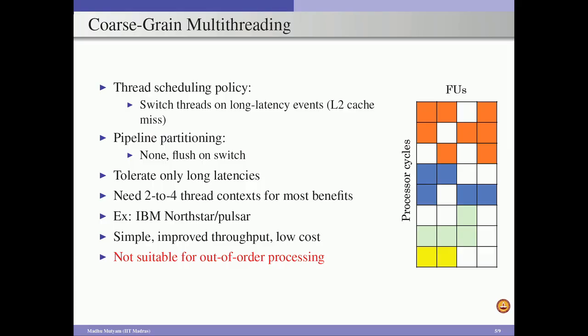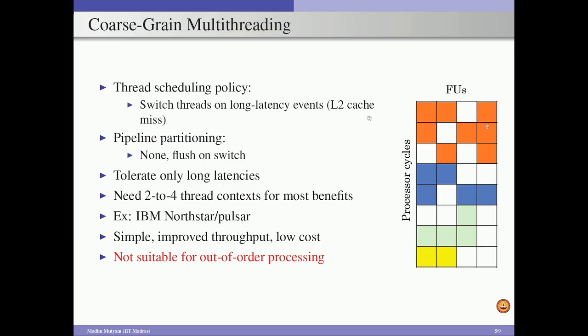So, in order to reap most of the benefits, we have to consider 2 to 4 thread contexts in our coarse grain multi-threading design. In this particular example, we are considering a 4 wide processor. As a result, at every cycle we can issue at most 4 instructions onto 4 functional units. That means our maximum ILP is 4, but because of the dependencies among the instructions of a thread, we may not issue 4 instructions every cycle and so on.